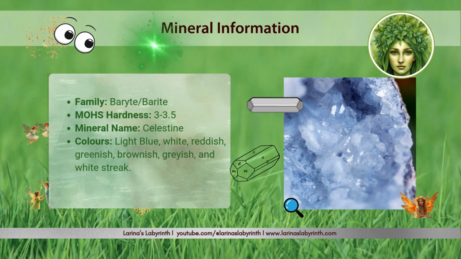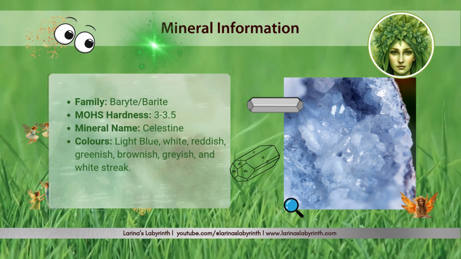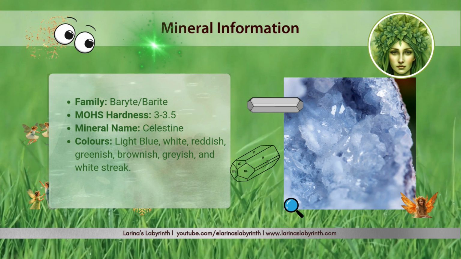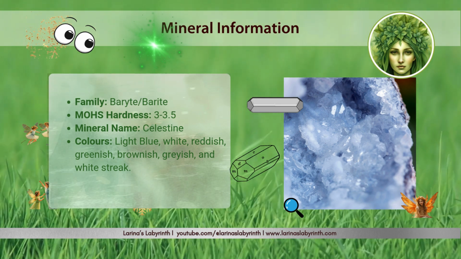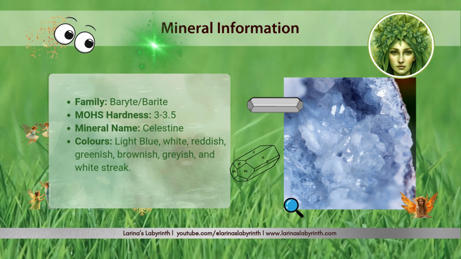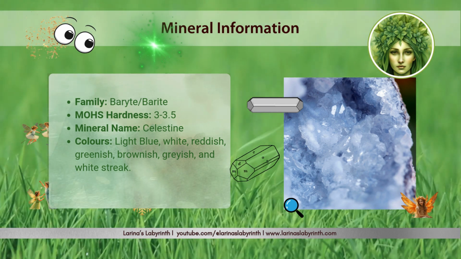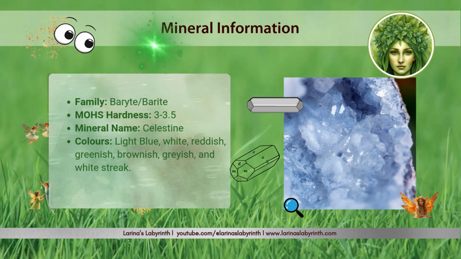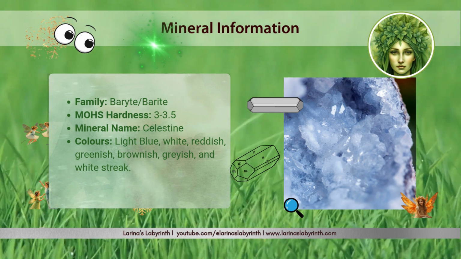I hadn't realised, and this is quite true. When I look at my own Celestite, I can actually see that the point of the point, if that makes sense, is not pointed, it's flat, like what we see in these graphics. So that's a little bit of newness for me. Now, the other thing that I wasn't aware of until I did my research was the fact that Celestite comes in a number of different colours. It's not just blue, but blue, I must admit, is the only one that I've seen.